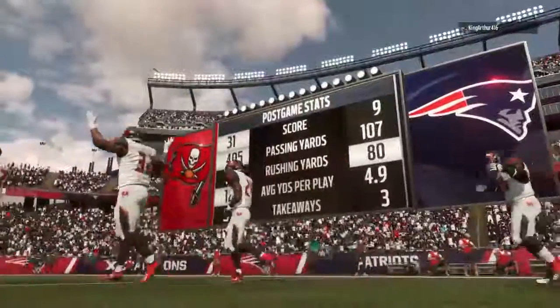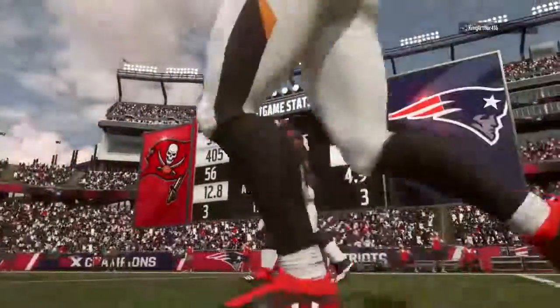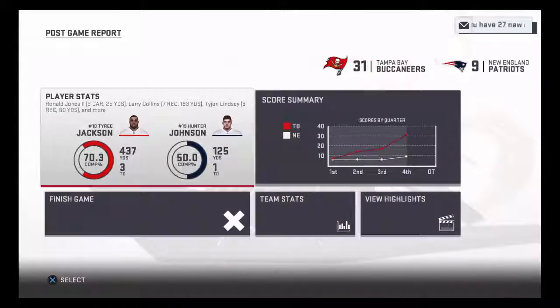So for the Buccaneers, the streak continues as they push their mark to a perfect 12-0 now on the year. And they'll return home next week to take on the New